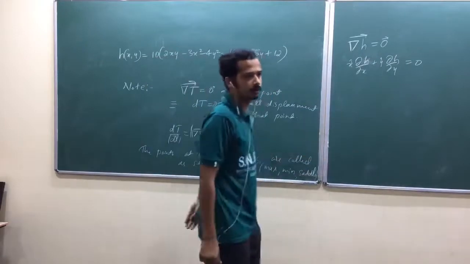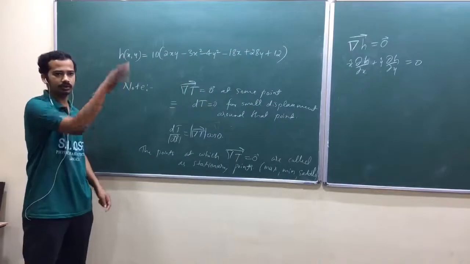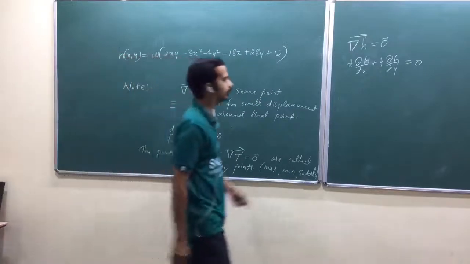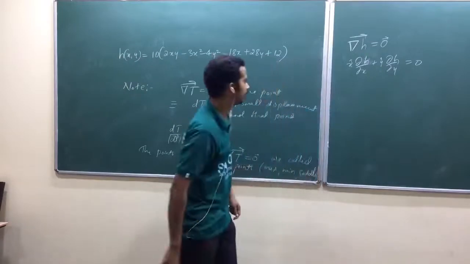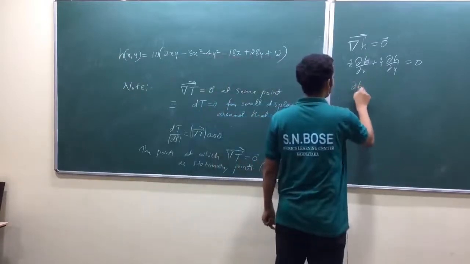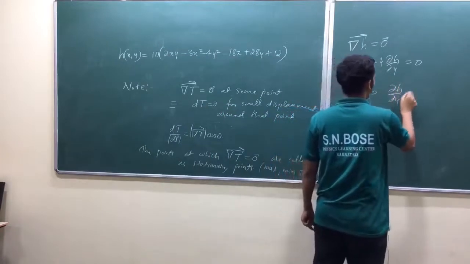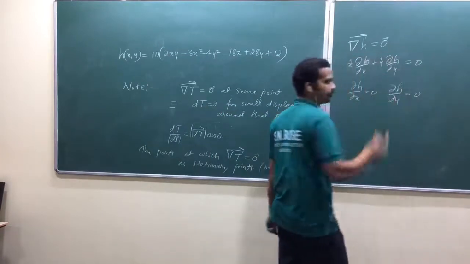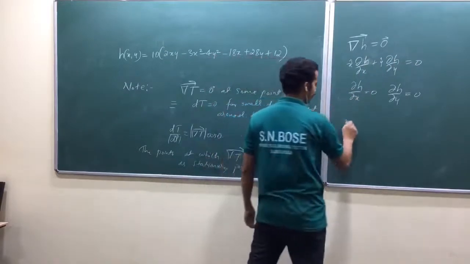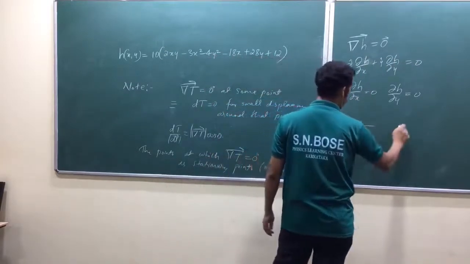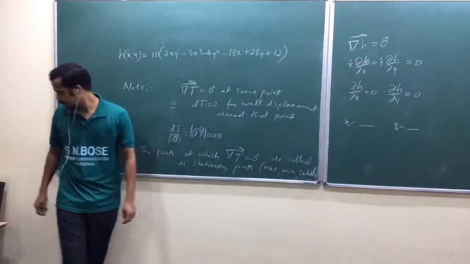So that is the topmost point. If you take a hill, there is no minima actually, only the topmost point, okay? You don't have to think about whether it is maxima or minima. So now look at here, dou h by dou x should be 0 and dou h by dou y should be 0. A vector is 0 means its components are 0, isn't it? So now you have two equations, two unknowns. You can find x equal to something. Let me say x naught, y naught is equal to something, am I right? So you found that one. What are the values?